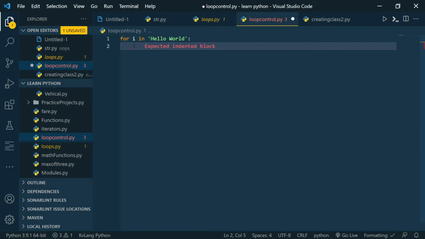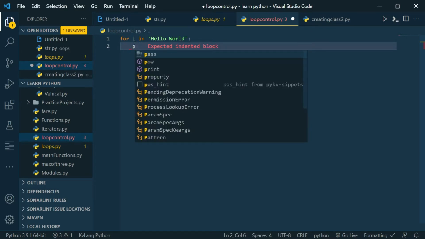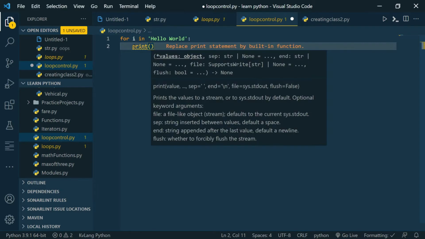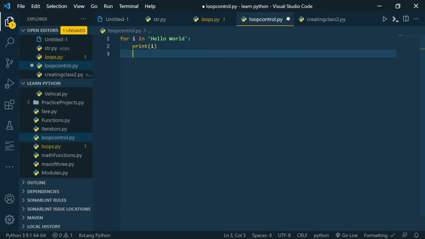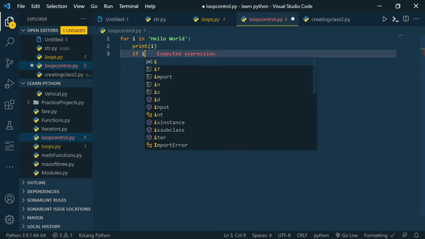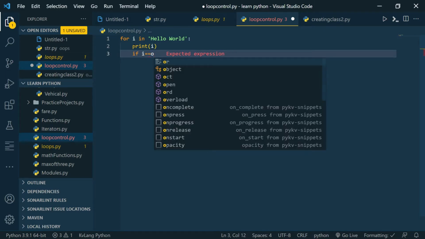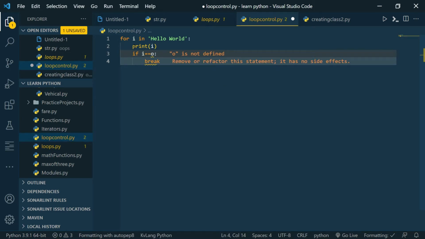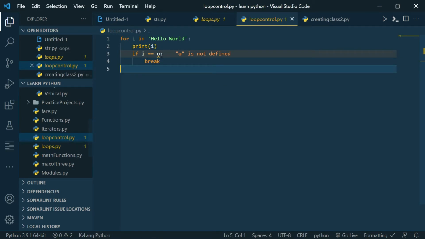So I'll first print i, and then I'll write if i equals o, then break. So I have to give o in strings.